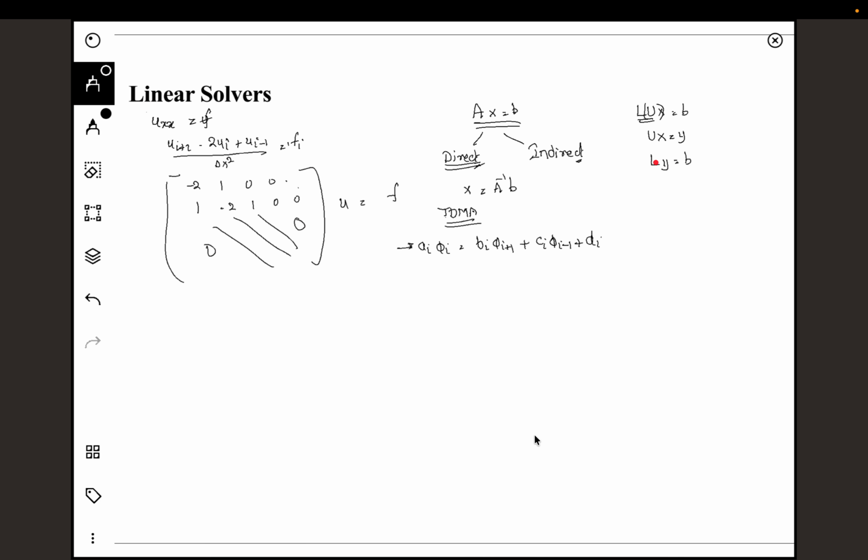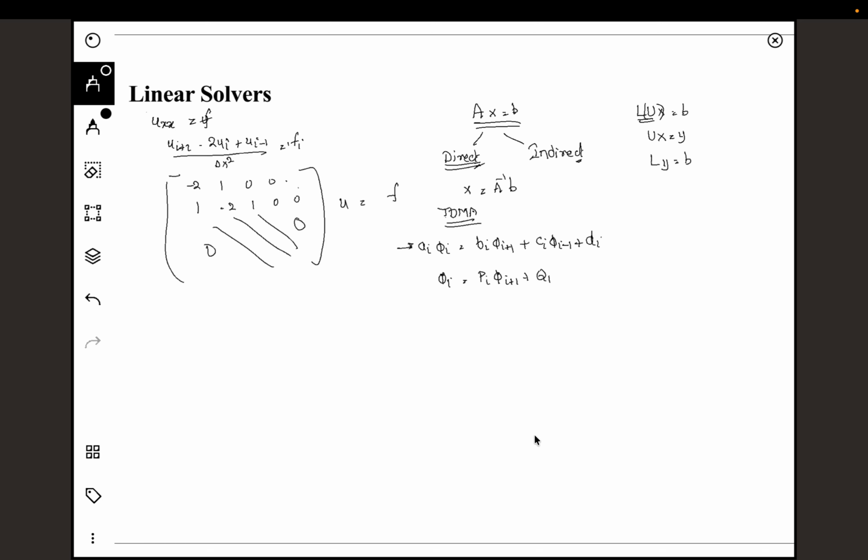Once I have the lower triangular matrix, this equation is straightforward. So I will reduce the number of iterations I have to do for the Gaussian elimination method. Or if you are familiar with the TDMA, these are equivalent in that sense. So you can also write this basically as phi_i can be written as some p_i times phi_(i+1) plus